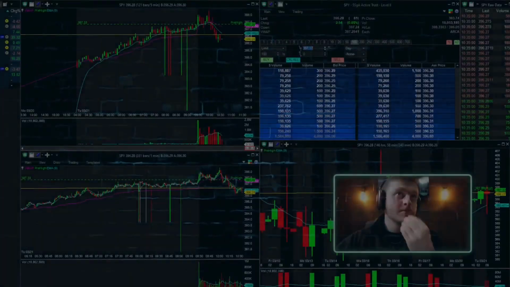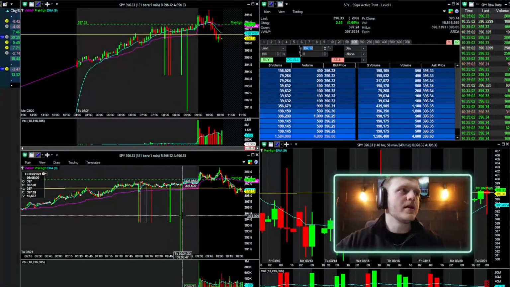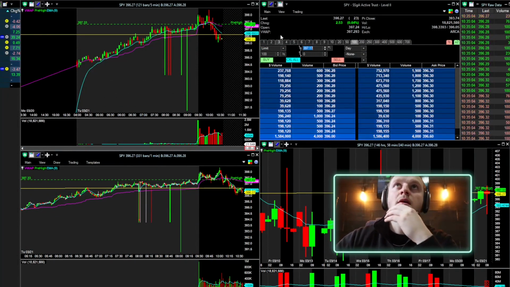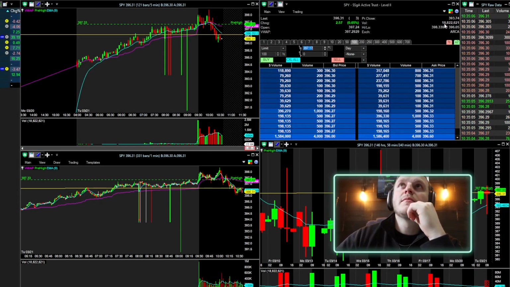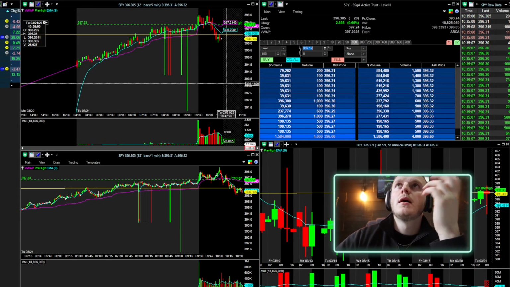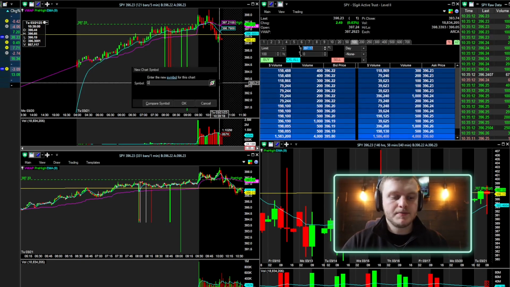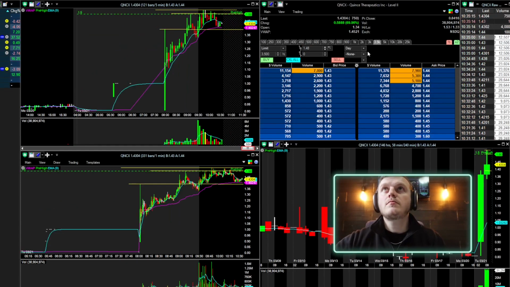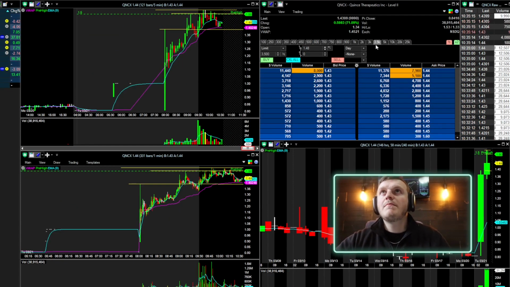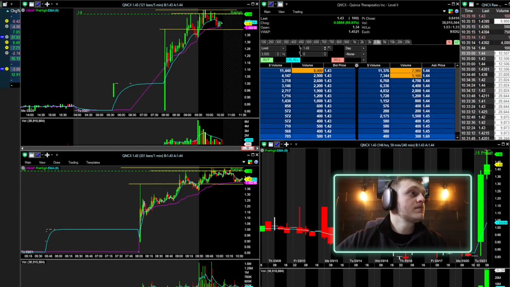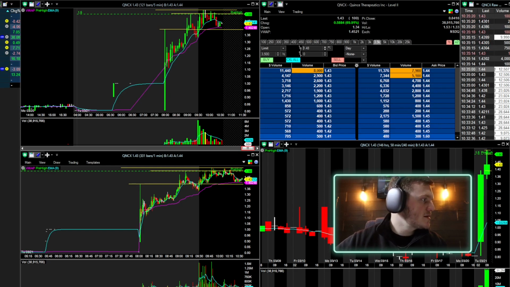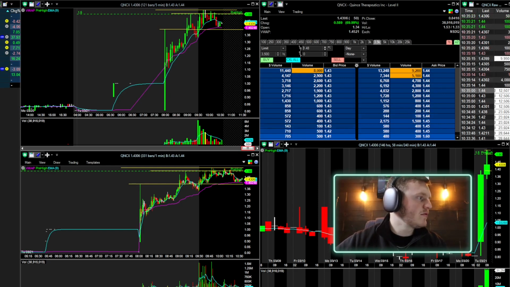First thing is, okay, so what is volume? This is obviously my setup, and you can see the volume in the top right hand corner. Let me go to something that I was trading today. QNCX. QNCX has 38 million shares of volume. That's decently good. Understanding that it's a cheaper stock, so it's going to have a lot more volume, just because